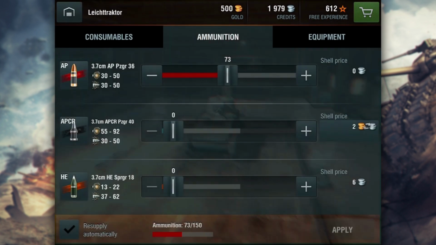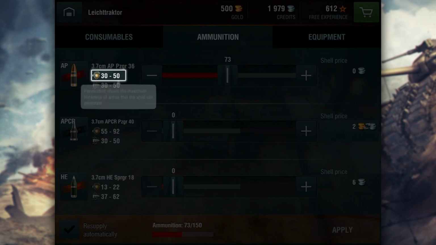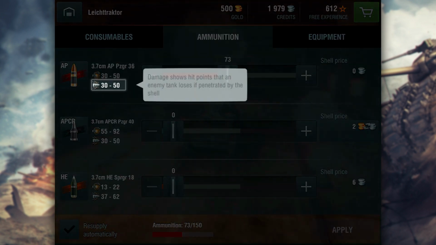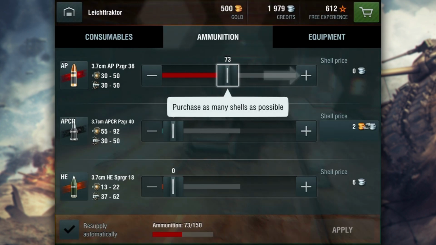Resupply ammo. Typical here. So they're trying to teach you about what these things are if you don't already know. Shows you the pen thickness there. Damage shows hit points that an enemy tank loses. Okay. Shows you how to slide that. I'm going to hit resupply ammunition automatically. I'm going to hit apply there. Well, okay. Doesn't want me to...